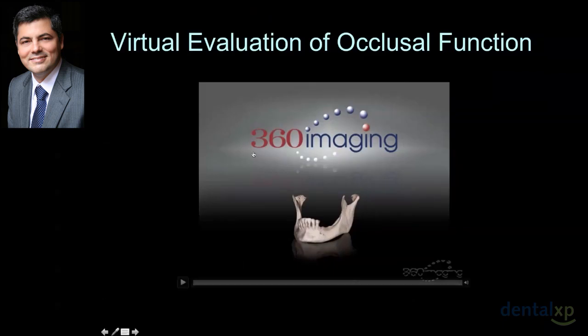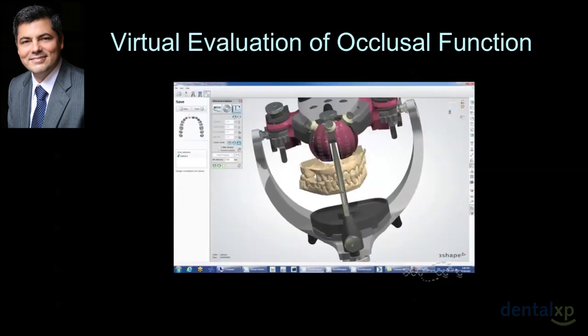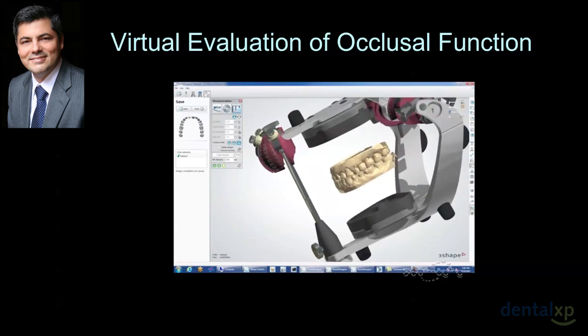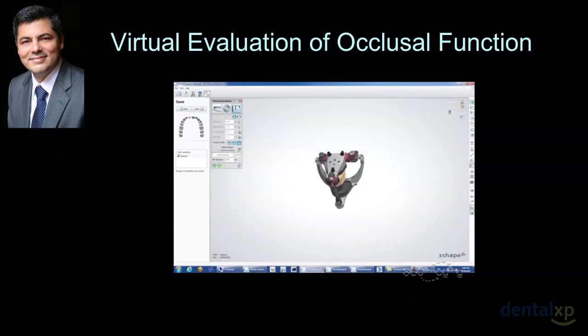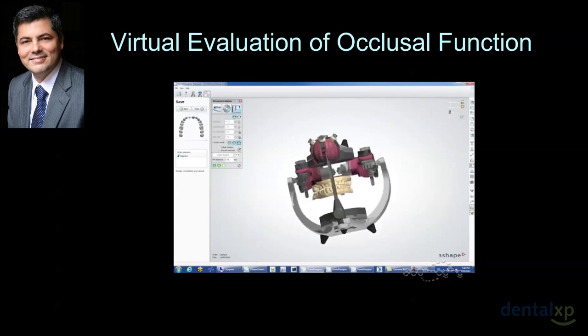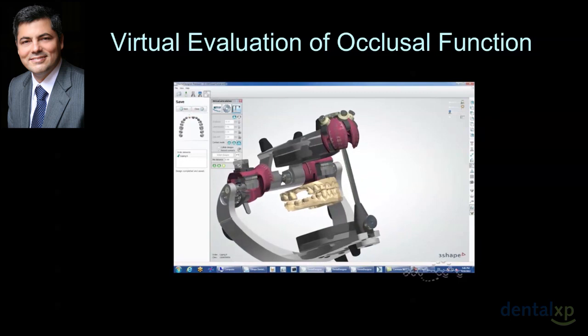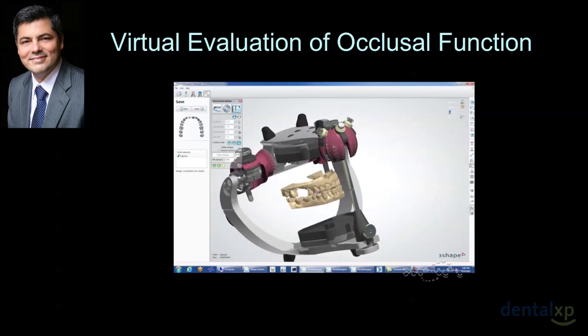Part of the process that we can do today is utilizing a virtual evaluation of occlusal function. And this is an interesting function of the 3Shape software, in which we can actually mount our models on a virtual articulator, and we can even choose the type of articulator from a series of articulators that are being offered by the software. And then we can organize that occlusion, and we can study the occlusion